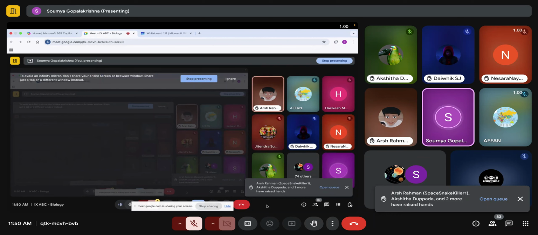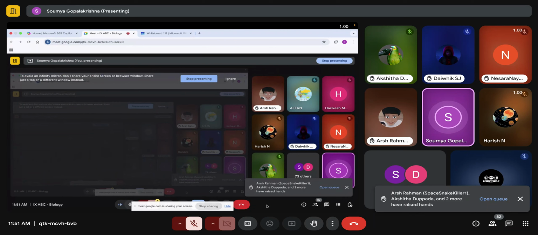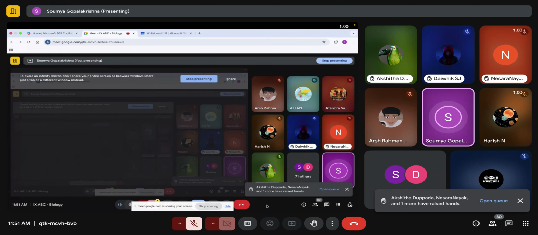So different cells in the body have different sizes. All are not of the same size, but generally they are small. In the next class I will explain why they need to be small, then you will understand better what I am trying to tell here. You will get to know the answer to your question yourself when I explain the next part. Any other questions, any other clarifications, dear students?